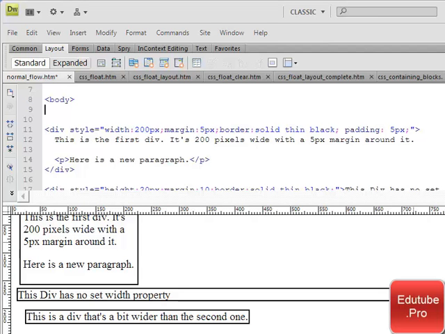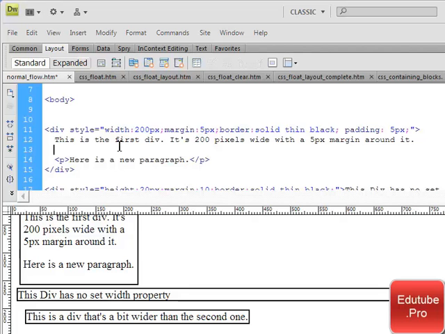Normal flow is the default scheme used for positioning. It applies to any element that does not have a positioning scheme already specified. In normal flow, block boxes are positioned on a page one after the other and in the order they're written in the HTML code. They start in the upper left of the containing box and stack from top to bottom. The distance between each box is defined by the margins of the box, with top and bottom margins collapsing into one another. For example, I have this document here,